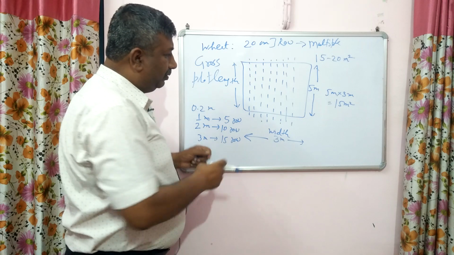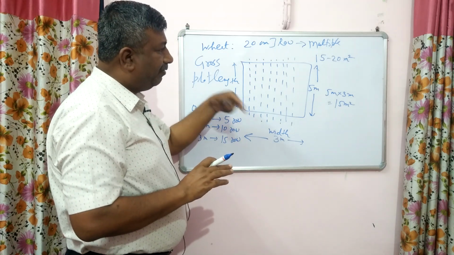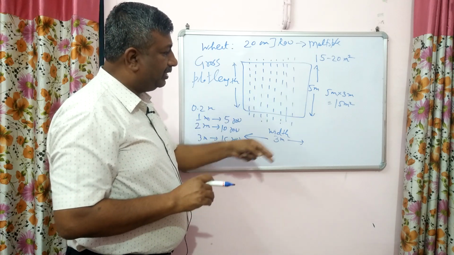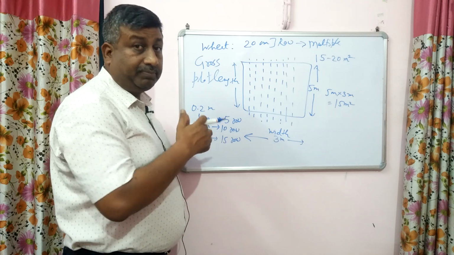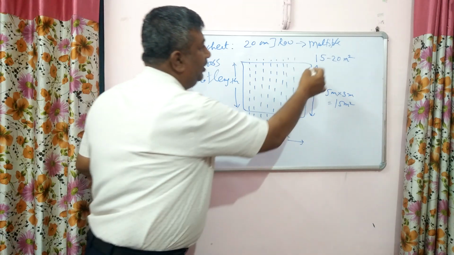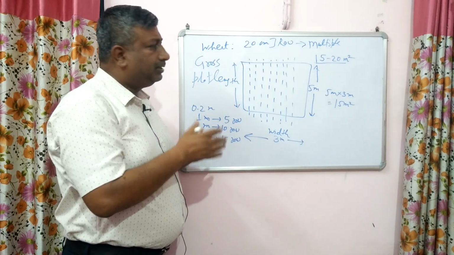Okay, so 15 rows are sufficient and the length may be 5 meters. If we keep 4 meters, then it is 12 square meters; or 6 meters, 7 meters, but the plot size increases. So in general, we keep in the range of 15 to 20 square meters area, and this is not a strict